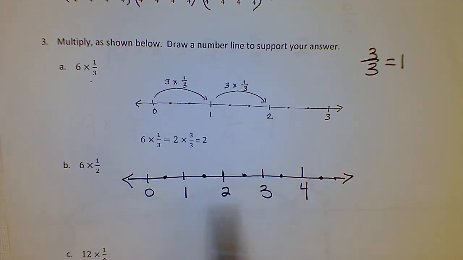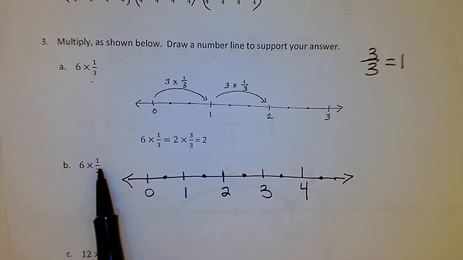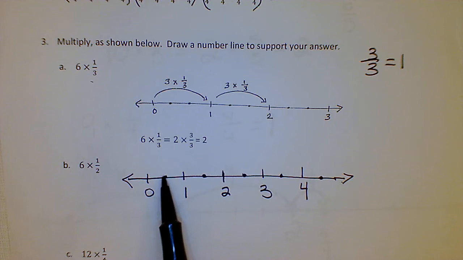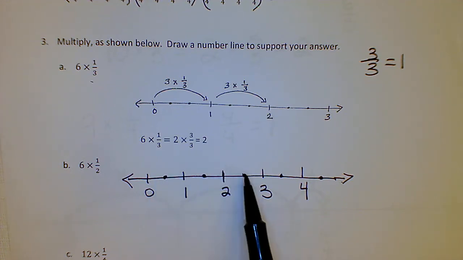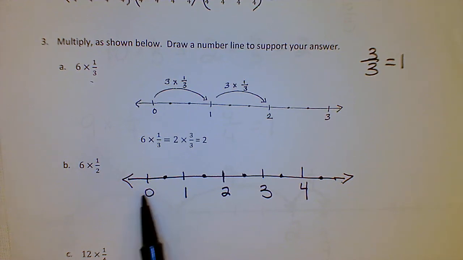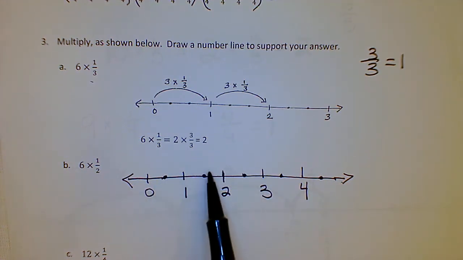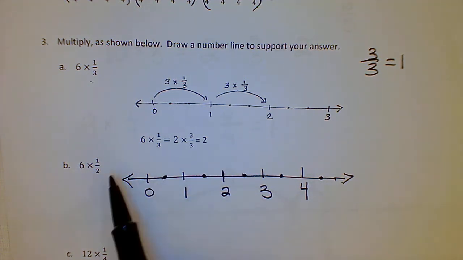So now for this one, I said, well, I'm counting by halves, so I went ahead and made a number line. And I showed my halves, 1/2, 2 halves, 3 halves, 4 halves, 5 halves, 6 halves, 7 halves, 8 halves. But I didn't write in all those halves. I just put in my wholes, and I just showed where those halves were. So now we're going to go ahead and do our halves,